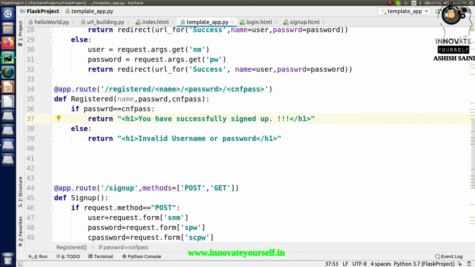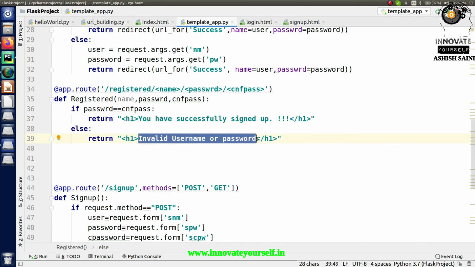So this is what I'm writing, and let's say password didn't match, right? So this is what I will specify. Okay, so this is all about this.